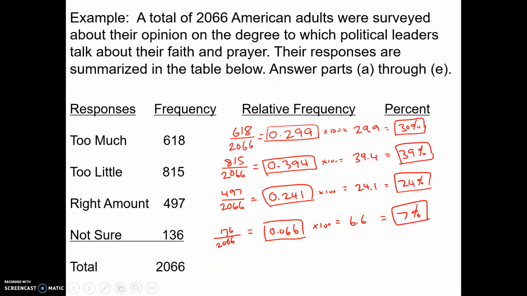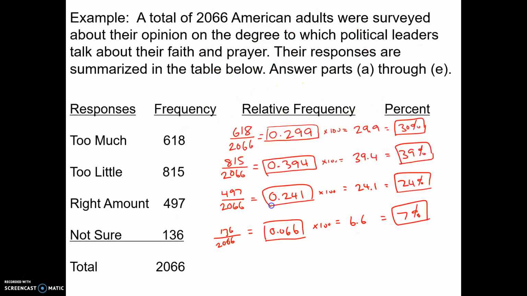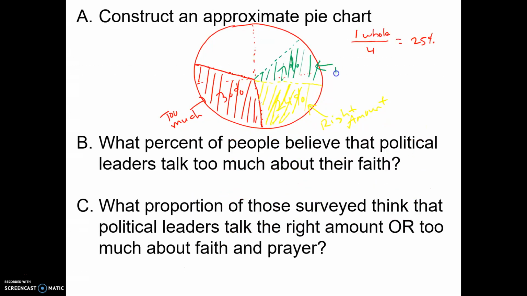Okay, now let's go to the last one. 7% said they're not sure. So 7%, again, this is like 1% because it's 24, and so that's 1. So 7% we can approximate it's going to be about here. And again, this is a rough approximation. This is not exact by any means. Only technology will give us an exact. And 7% of people said that they are not sure. So we're going to label this as not sure.